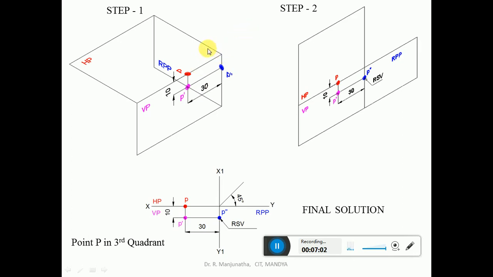And when you look from the right side view, we can see the distance below HP, that is the front view distance, and also on VP it is the top view distance. So when it is projected, both the front view and side view will be on the same line, so you are going to get the P double dash here. That means when you project the front view point, you are going to get this, and when you project from the XY line, it will come to the origin, and again it moves down, so that you are going to get this point P double dash. So this is how we can analyze the problem in space in the third quadrant.